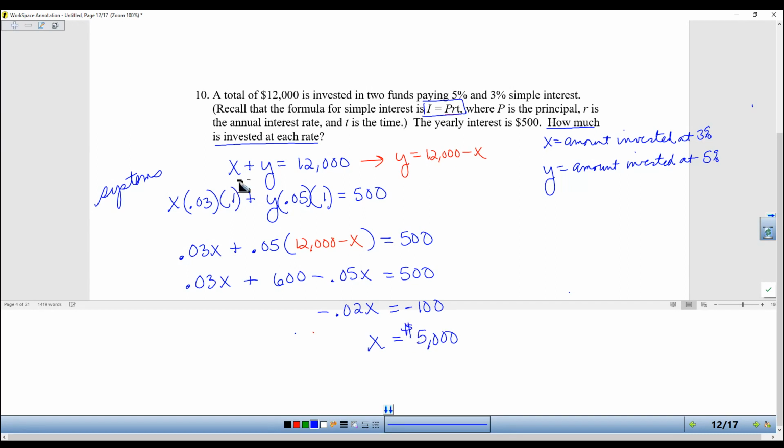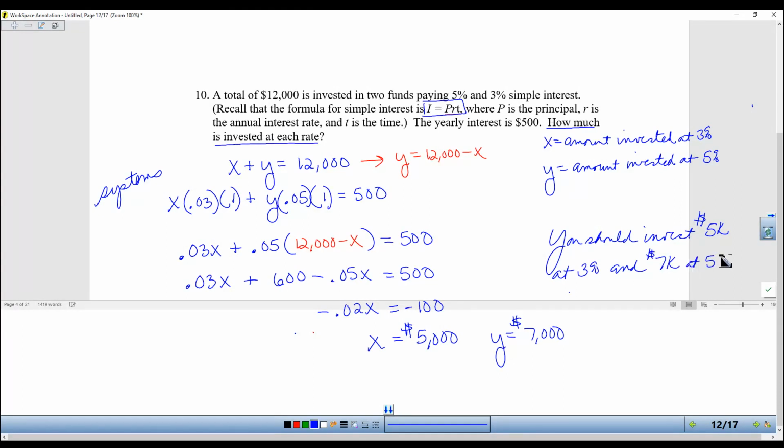$5,000. And since the two of them totaled $12,000, I know that they must have invested $7,000 at 5%. Remember, this is a word problem, so you can't just box X and Y because there's no X and Y given. It's a question. How much should be invested at each rate? You need to answer in an answer format in a sentence. So you should invest 5,000. I don't know if you know that 5K is another way of saying 5,000, at 3%